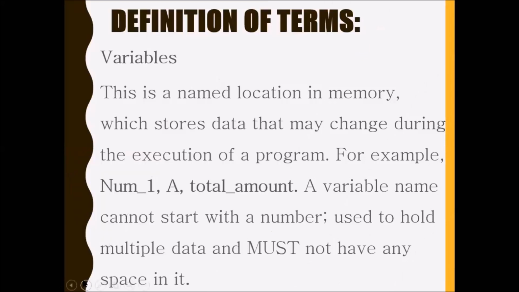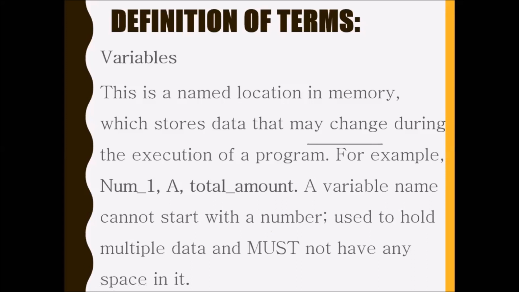All right, so let's look at variables now. What is a variable? A variable is a named location in memory which stores data that may change during the execution of a program. Key part, because we're going to look at our next term, may change. May change during the execution of a program. Variables basically hold data. That's what you want to remember. It is going to hold the data that you are, one, accepting, two, storing, three, outputting. Good? For example, num1,